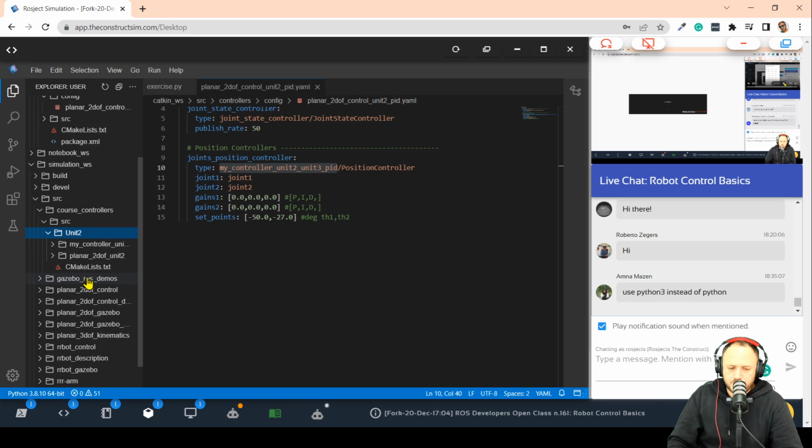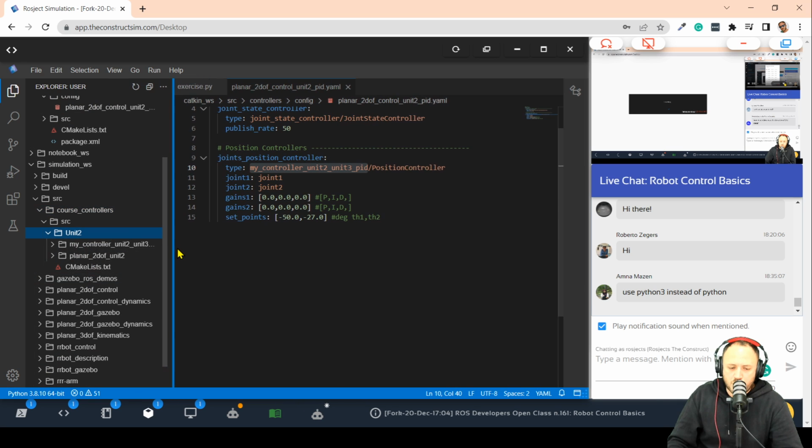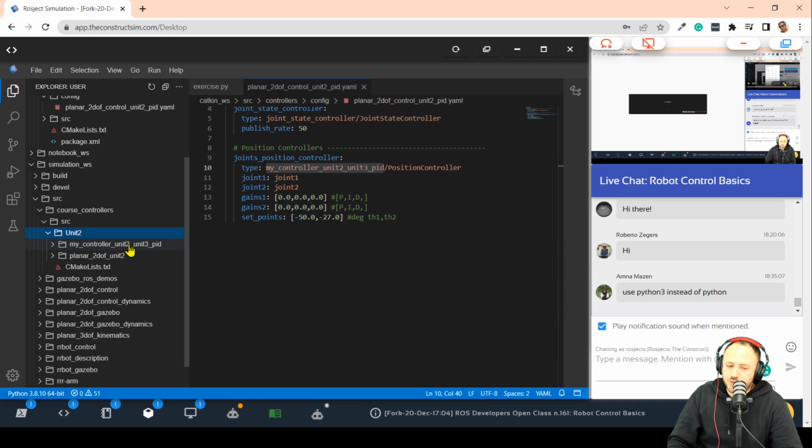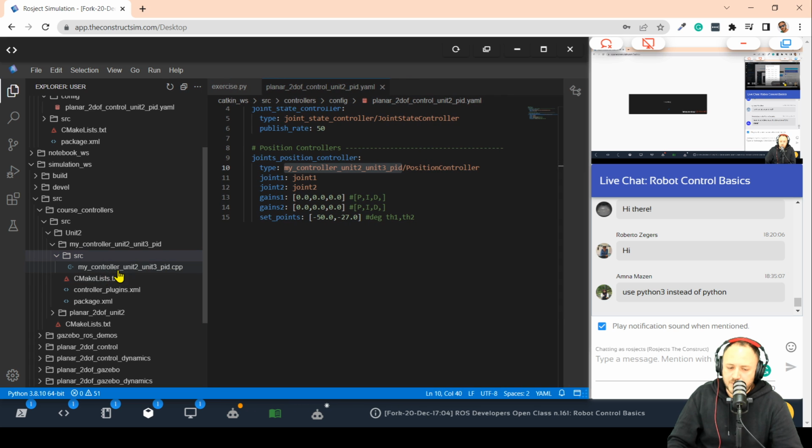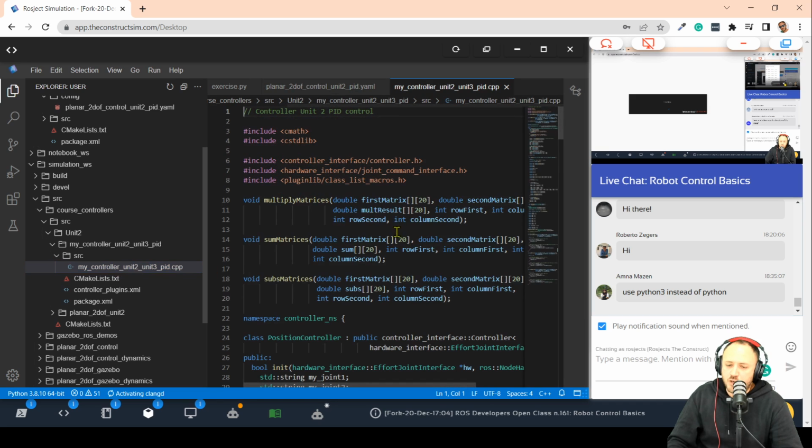Yeah, unit 2. You're going to find this package, my controller unit 2, unit 3 PID. And inside here, you have an src folder with a C++ file. If you double click on it, you are going to find the C++ code, which defines the controller that we are going to be using